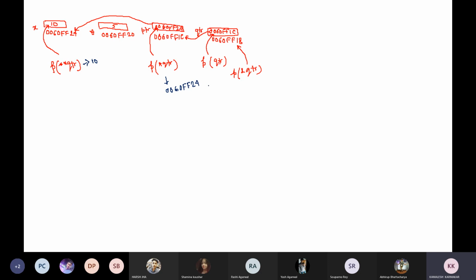Then ptr means this value is basically 0060FF1C. Okay, and the address is 0060FF18. Now if I print ptr,